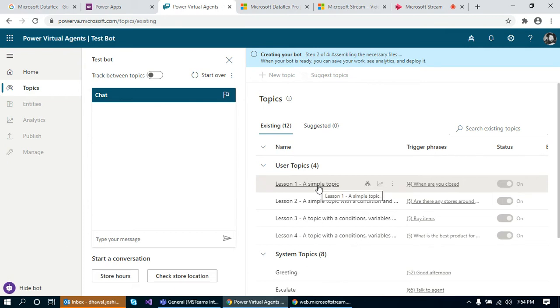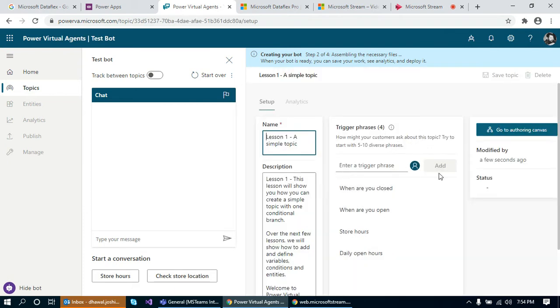Let me click on this. So basically, in the first lesson, it shows a simple topic. It can have different trigger phrases like when you are closed, when you are open, store hours, or daily open hours. So it's a bit specific to, let's say, a specific business or any kind of functionality.